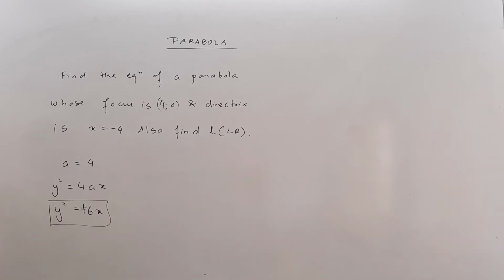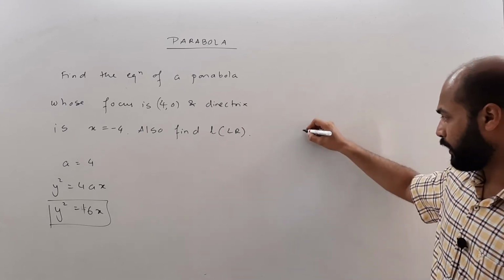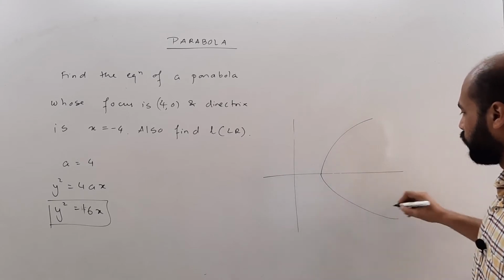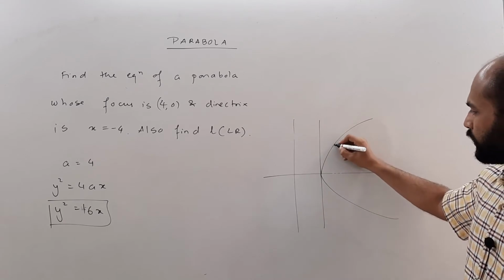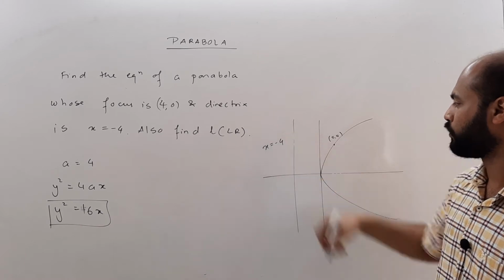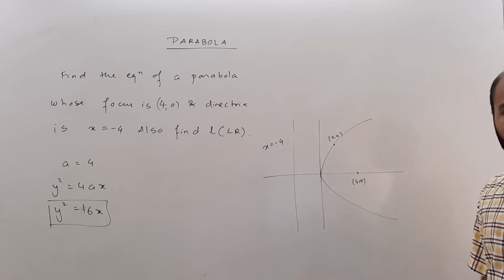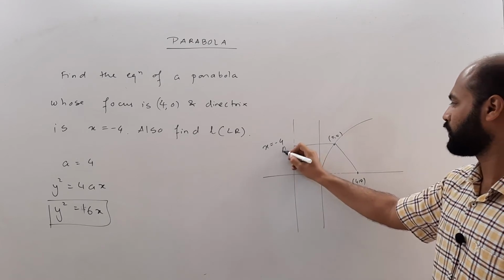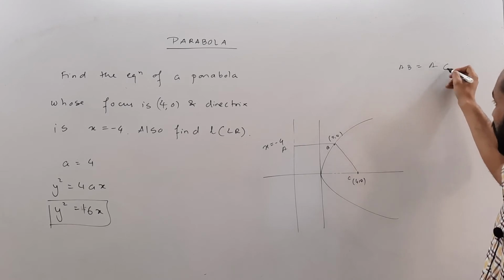Let us do it in a slightly different way, going by the definition of parabola. So what we'll do is, let us say that this is the directrix and this is the parabola that we are talking about. Let's say that this is the axis. So let's choose a general point x comma y over here, and the equation of this is x equals to minus 4, and this point focus is 4 comma 0. So going by the typical definition, we know that this distance is going to be equal to this distance. That is, let's mark them as A, B, C. So we can write AB is equal to AC.